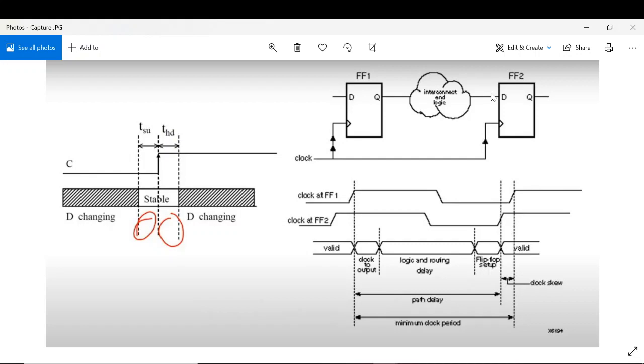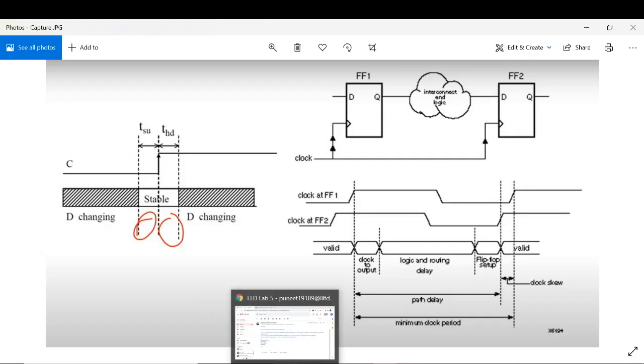If I subtract the arrival time from the required time and get a positive quantity, that means I am very good to go. My design is working fine, synchronicity is maintained. But let's say my required time is less than the arrival time. My arrival is taking so much more time than the required time. That simply means my synchronicity will be disturbed. The data coming here after the processing will not be captured at the next edge of the clock, and the synchronicity is destroyed, right? In that case, I will get a negative slack, and I don't want that.